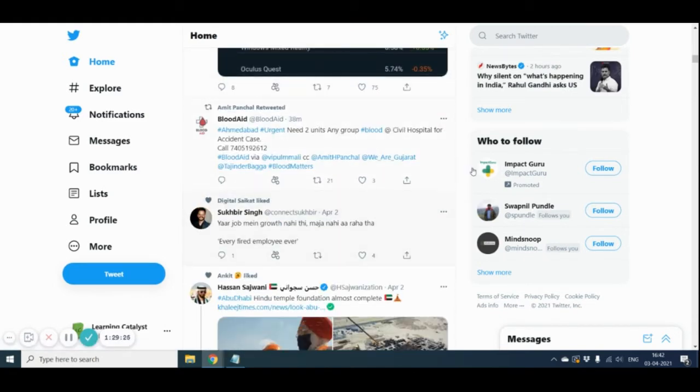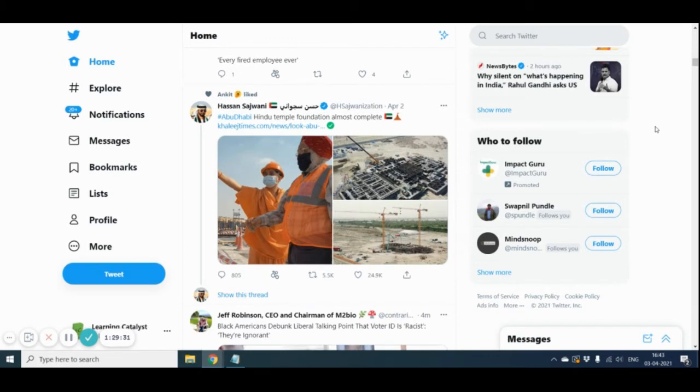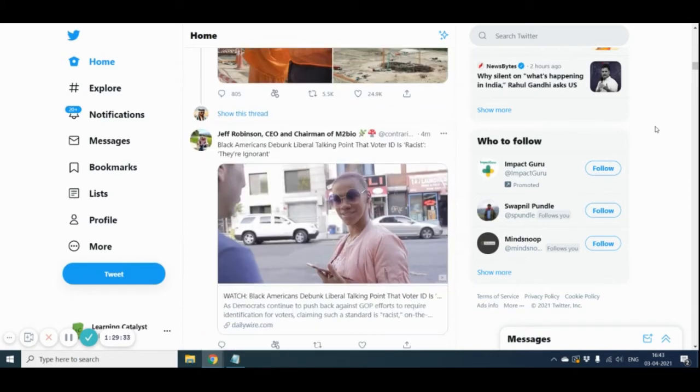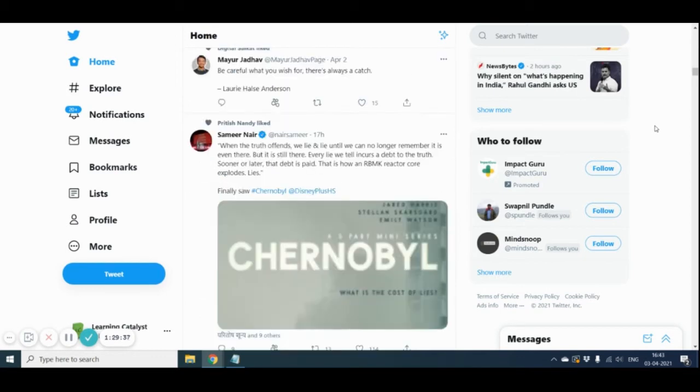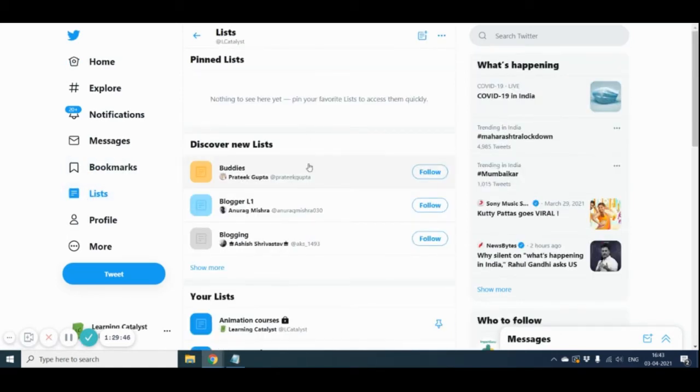People you know, famous personalities. So over time your Twitter feed becomes a little too much to look at every day, because there are too many things happening in it, right? So to make things simpler, there is something called a list.